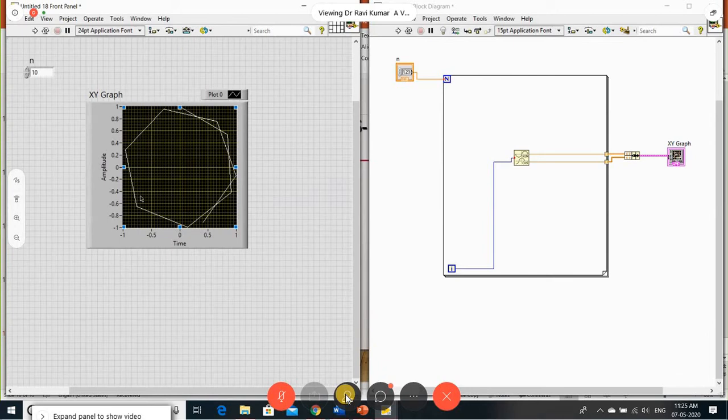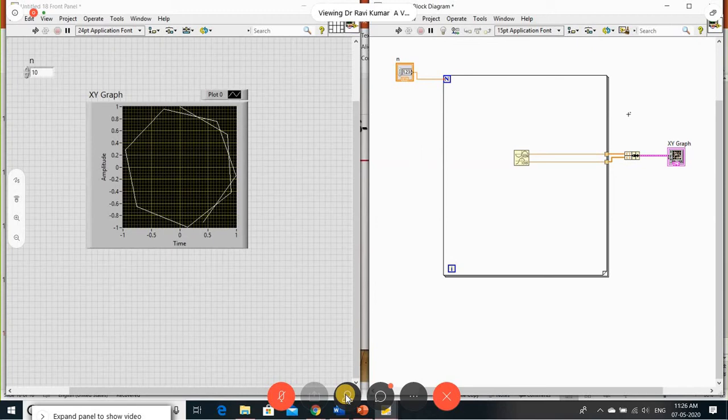Let me connect it to this one to radians. Now, the difference between bundle and unbundle. Normally I'll come to the cluster, then you can understand that. A cluster is a collection of variables. So we have different variables. If I want to unbundle, it means the variable is segregated out of that group.